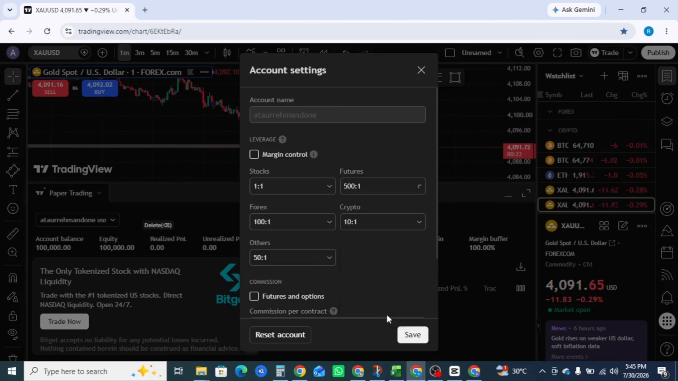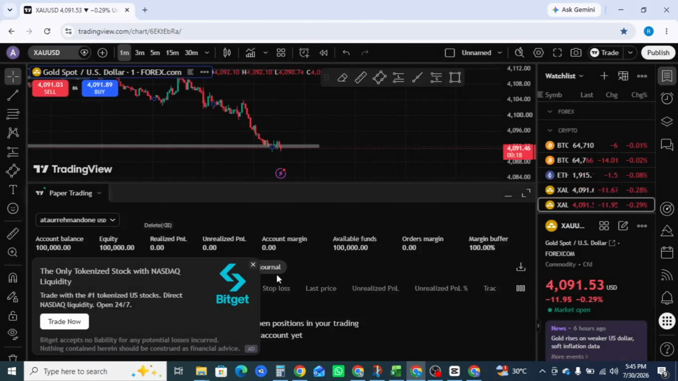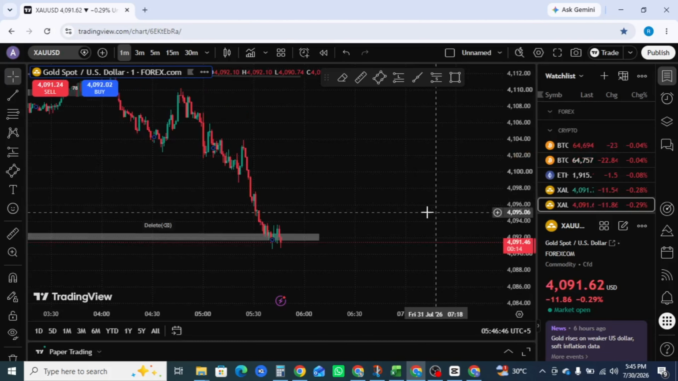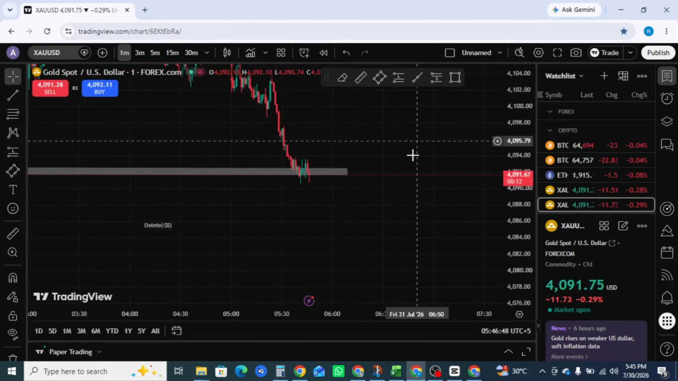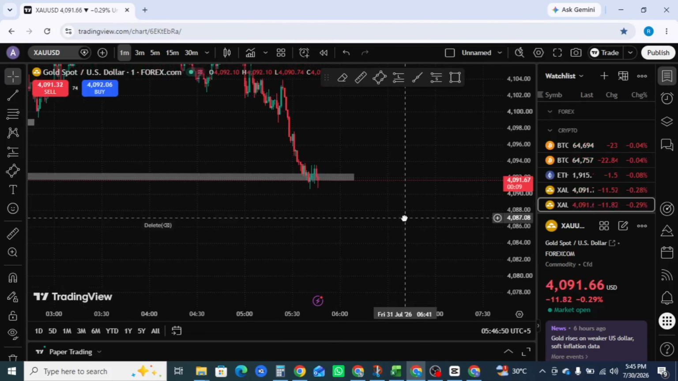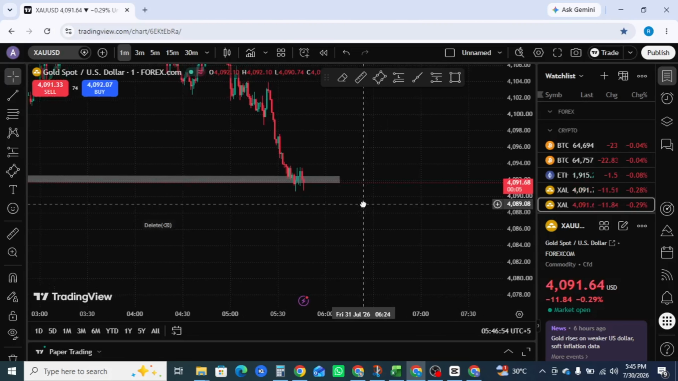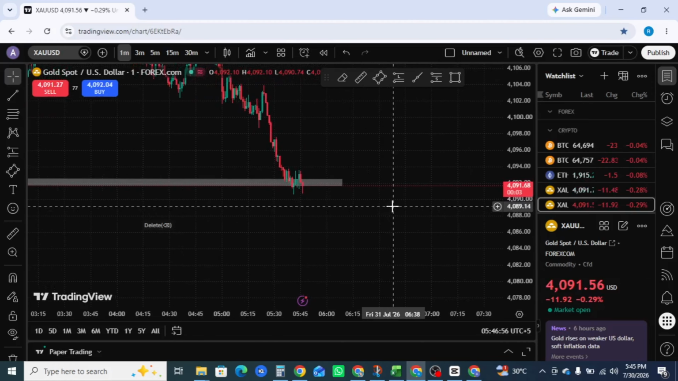If you're creating a new paper trading account, you'll also have the option to select your preferred leverage before the account is created. Likewise, if you reset your existing paper trading account, TradingView lets you change the leverage during the reset process. After saving your settings, every new trade you place in that paper trading account will use the selected